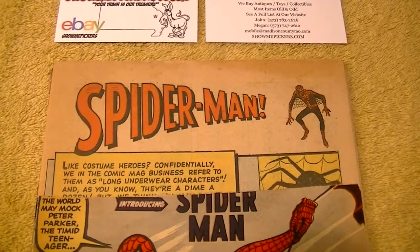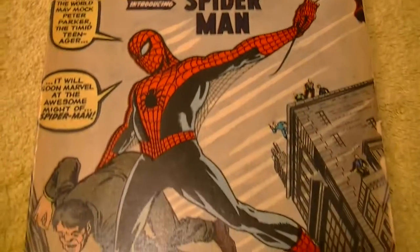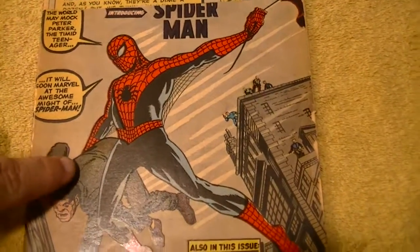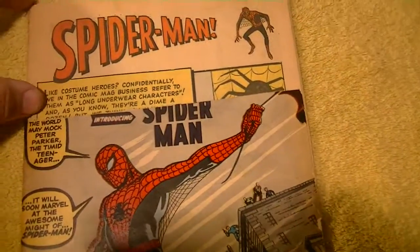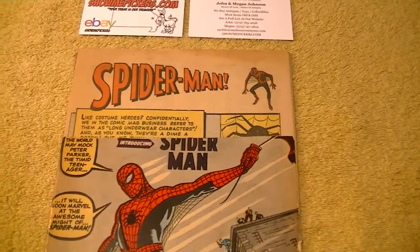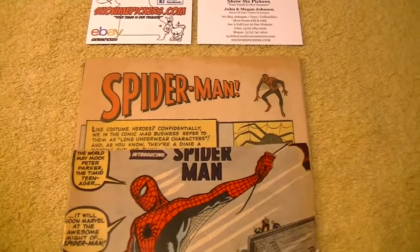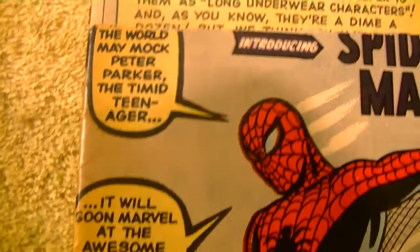Anyways, back to the comic book. This is the Spider-Man comic. It's in good shape. You can tell that there's still a lot of gloss left to this cover. Unfortunately, somebody culled the top part of it. I was told they did that to send it back to the manufacturer to get a credit. I'm not sure. But if you notice on the spine, it's really just a super nice spine all the way